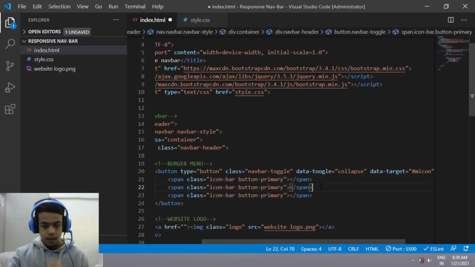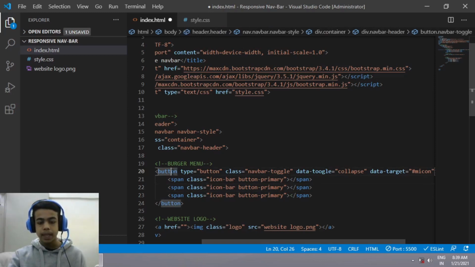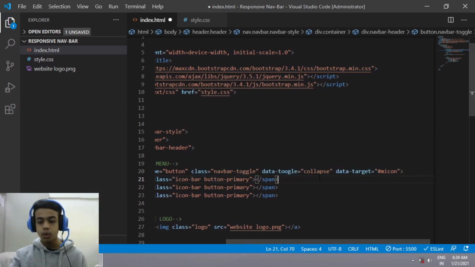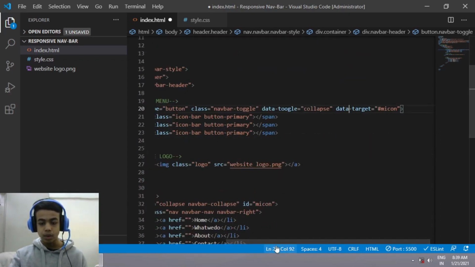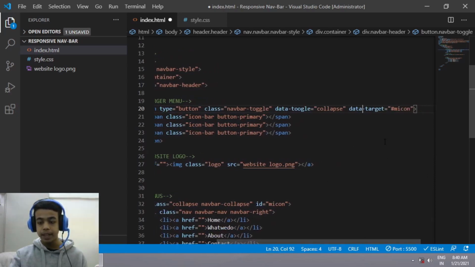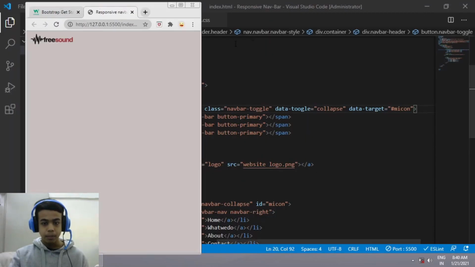Okay, so what I had done is I created a button tag. Inside that tag I gave it a type, that is button, and giving it a class navbar-toggle. When my website is in the mobile device, so when I will be toggling that button, then my nav links will be showing up there. And the data-target is what to show, which is the links. So the links ID which I gave in the div is m icon, so I just pasted it here with the hashtag. So let's save it, come back to the Google Chrome file, make it mobile size, and